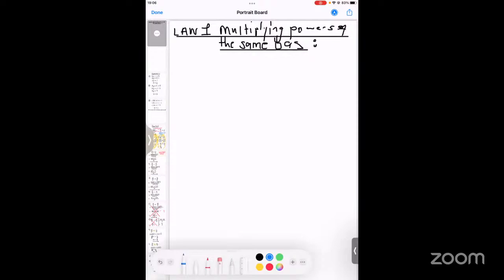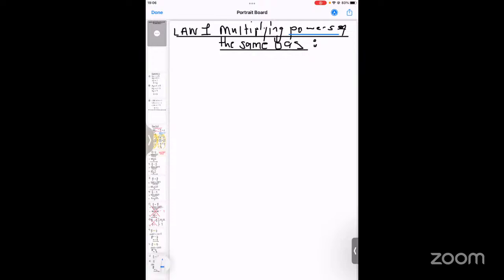Law number 1, this is where we will be multiplying powers of the same base. Okay, let me do that and then do that. Maybe let's start here, Manahil, to say what is meant